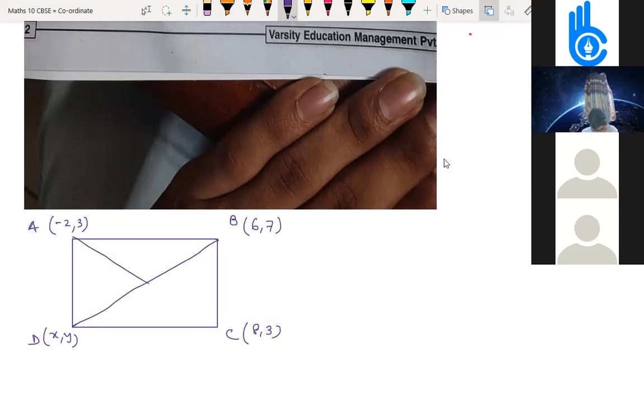See, what we can do here is this midpoint will remain the same. So you can find the midpoint from A to C. What will we get for the midpoint? 8 minus 2 is 6, by 2, that is 3. 3 comma, here is 3 plus 3, 6, 6 by 2 is 3. 3 comma 3 is the midpoint, right?